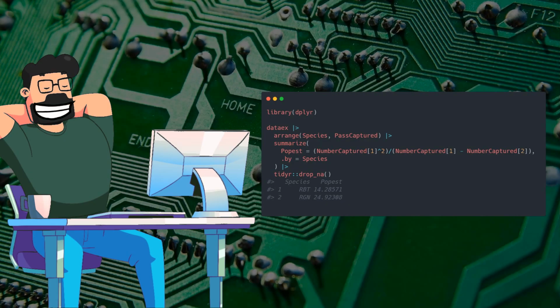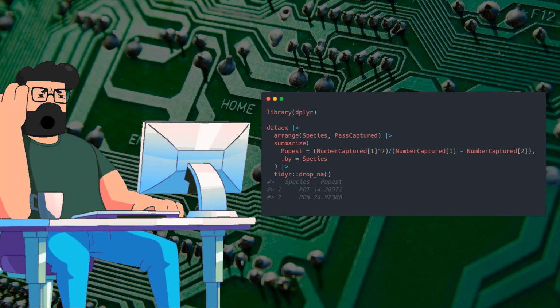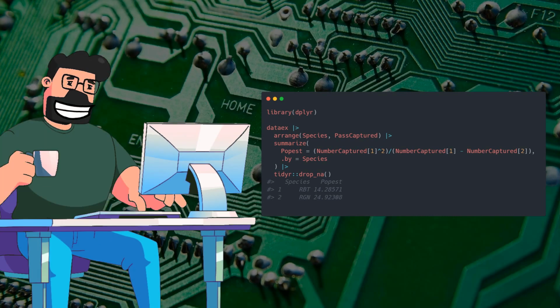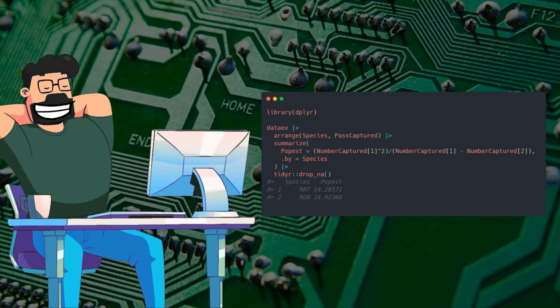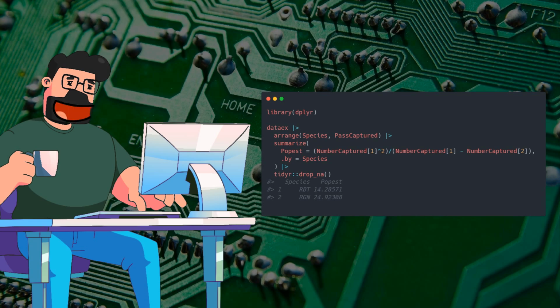Now, let's discuss the solution to our problem. The code provided uses the dplyr package to sort the dataset by species and pass captured, then calculates the population estimate for each species using the given equation. It then drops any rows where a population estimate cannot be calculated due to missing data. By running this script, we can obtain a table with the population estimate calculated for each species, which is exactly